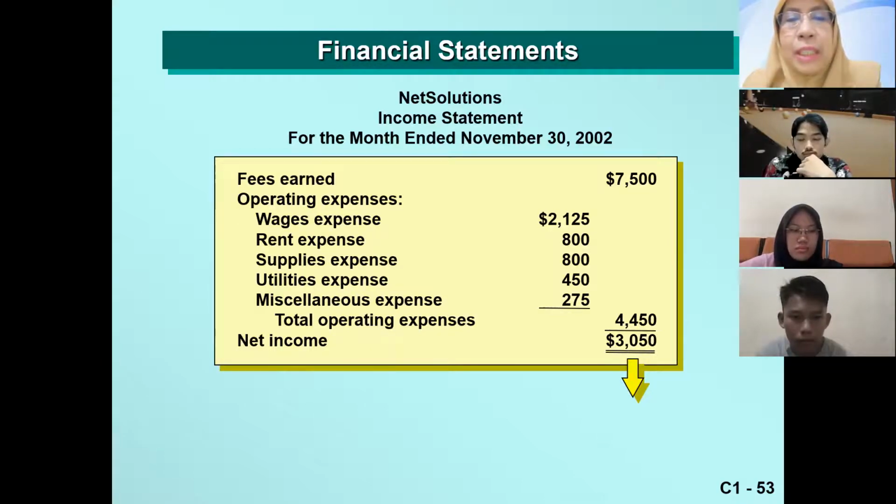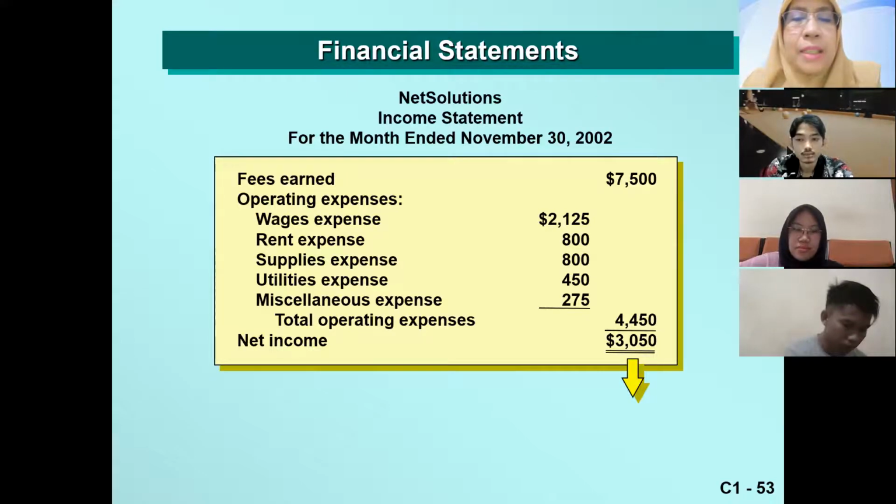Okay, so once we have already prepared the title, now we need to produce the information itself for the income statement. In income statement, we are going to deduct total expenses from total revenue in order to generate net income. However, in here, only one revenue, fees earned, 7,500, will be deducted with the expenses. As we recorded just now, expenses that